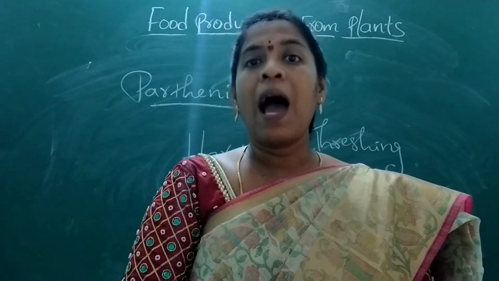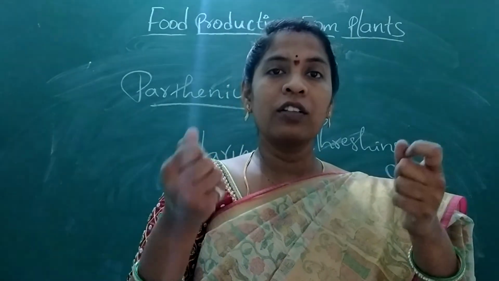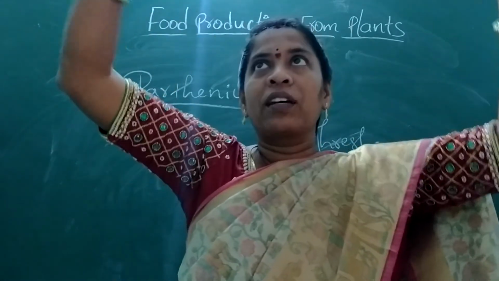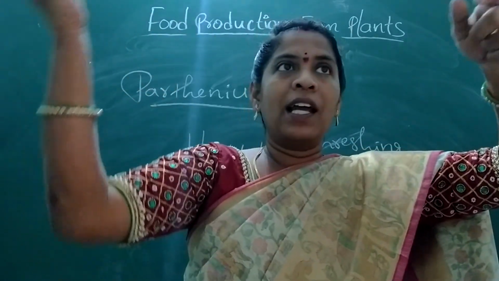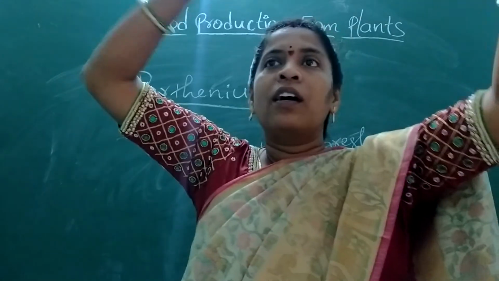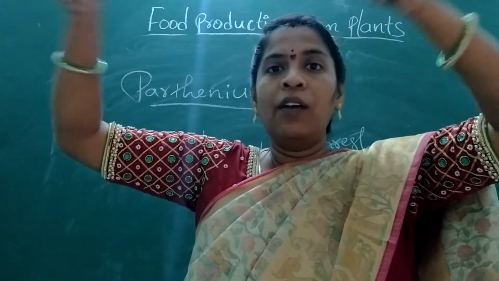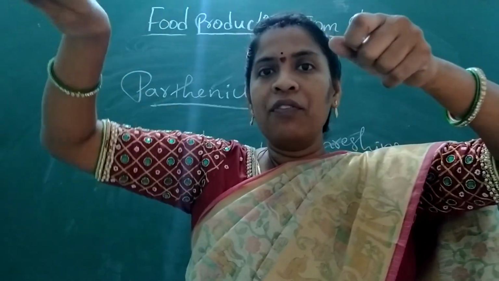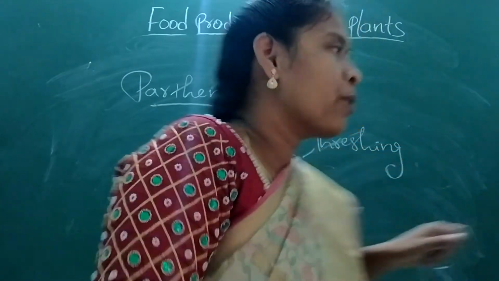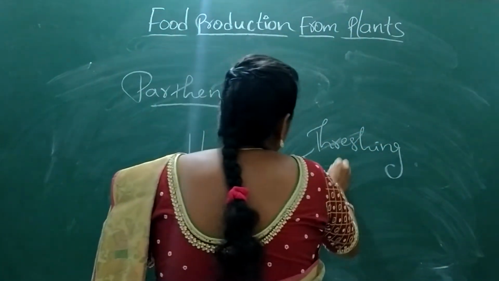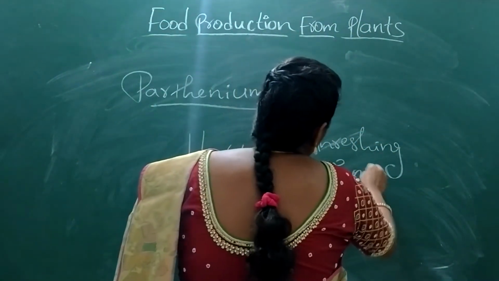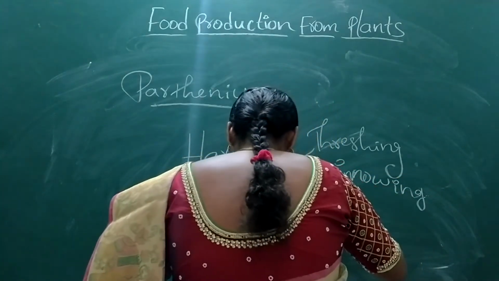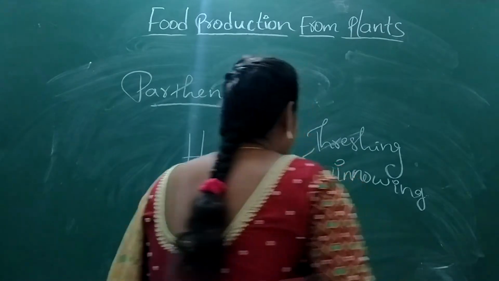So that's the reason the government took an initiative and started giving threshing machines to the farmers for threshing purposes. And after threshing, the husk which is separated from the seed should be removed. Further they do winnowing. They put a fan there and take some grains and pour them towards the wind. When they do it towards the wind, the husk goes off and the grains fall down. This process is called winnowing. What is that process called? Winnowing.